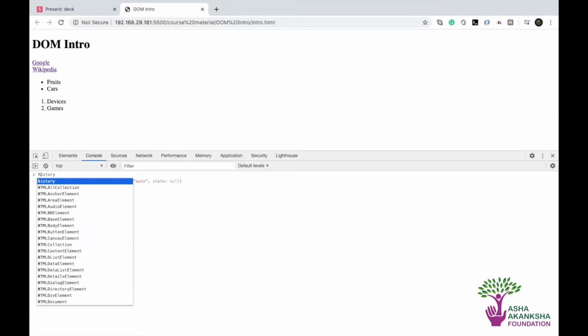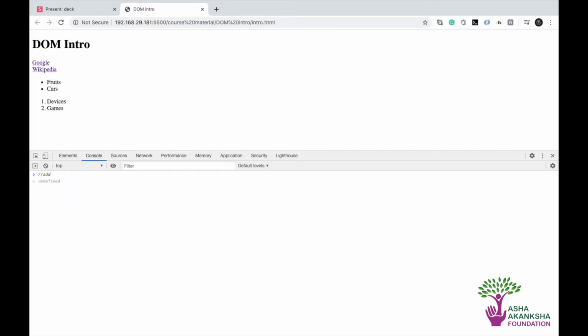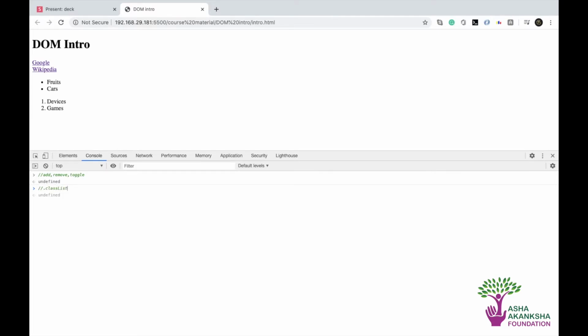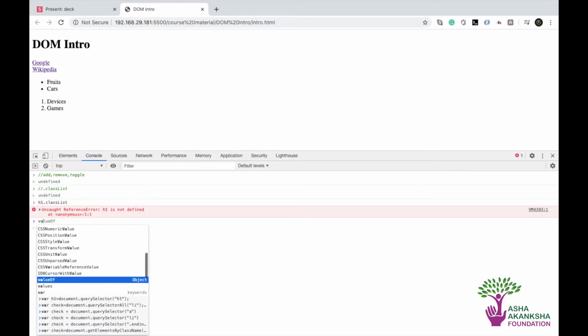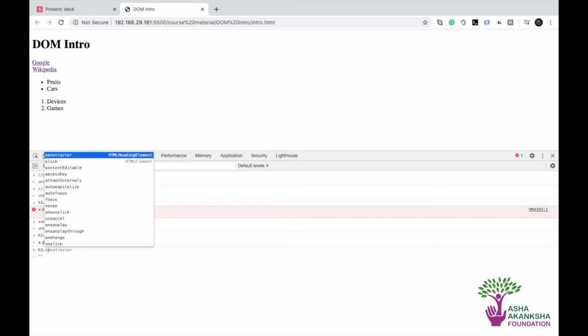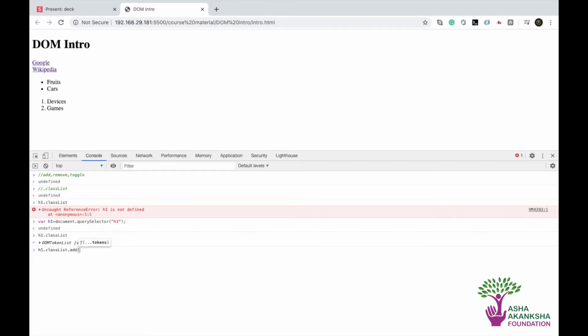So how you can do that is, basically there are three methods: add, remove, toggle. And all three of them reside inside dot classList. So we saw the h1 dot classList here. Yeah, and I refresh, so obviously there's no h1, and where h1 is equal to document dot querySelector h1, right? And if I see h1 dot classList, I see this is an empty array. So how you can do that is h1 dot classList dot add, and in here you give your class name, which was new class, right? So I can do new